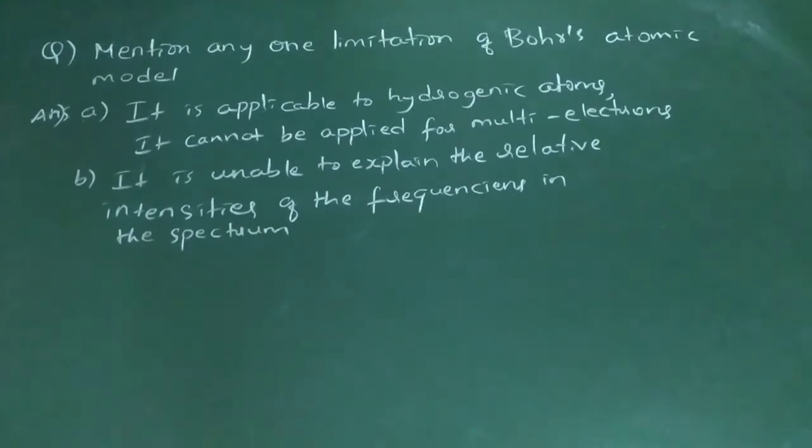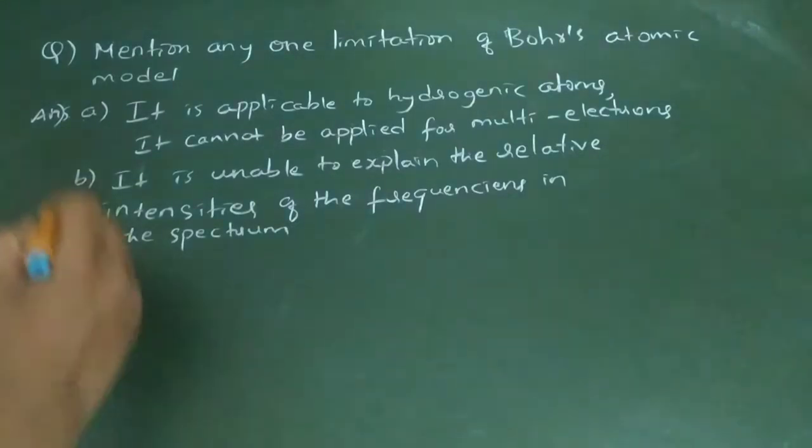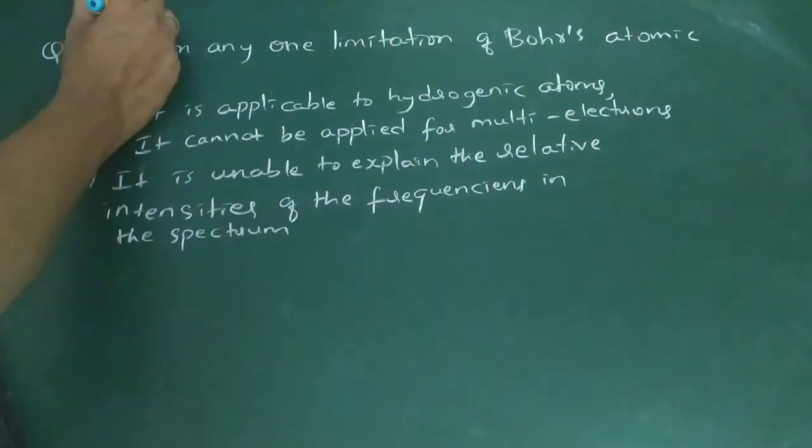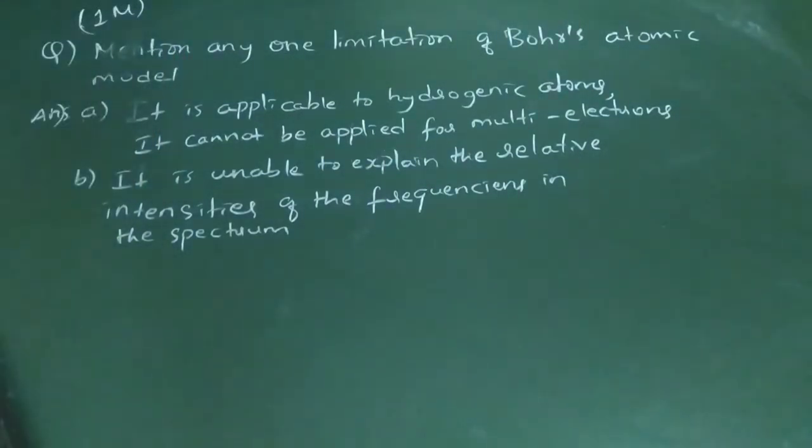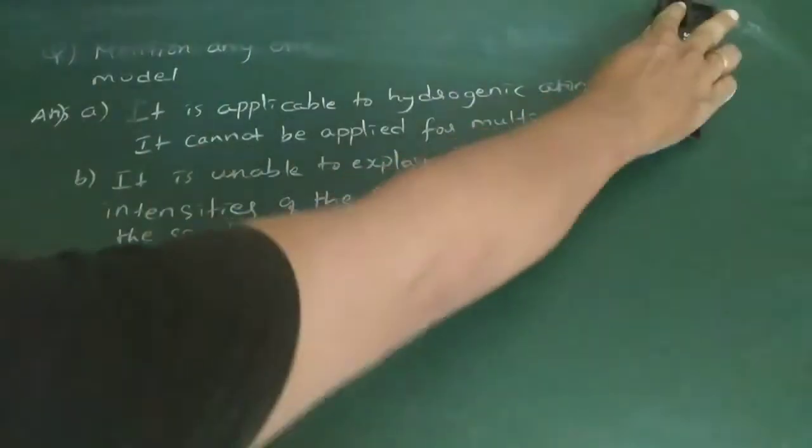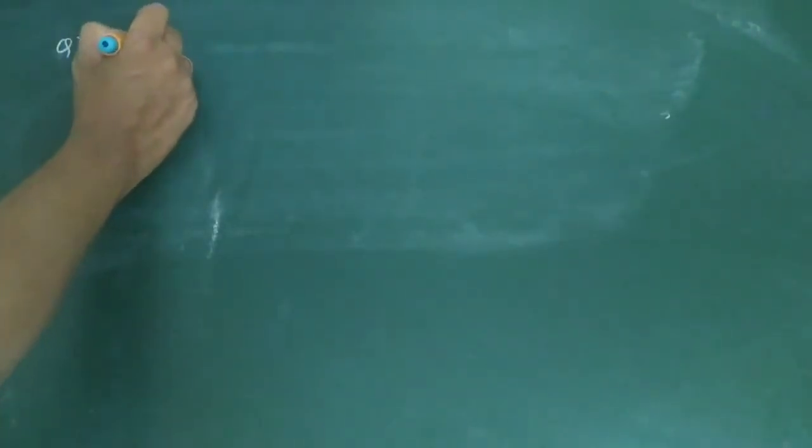Name the series of hydrogen spectrum that lies in visible region. Okay, one more question for 1 mark and any 1 point. See, I am repeatedly telling you, you can expect 1 mark questions as well as 5 marks questions in this chapter. So one more question is being asked. Name the series. Any series can be asked.